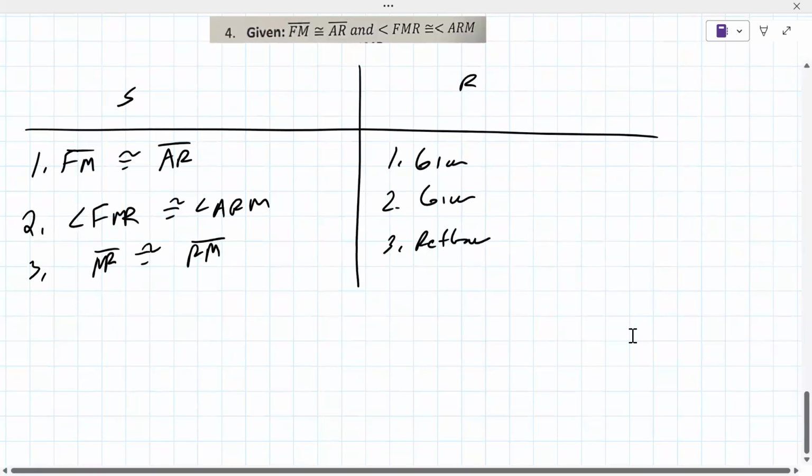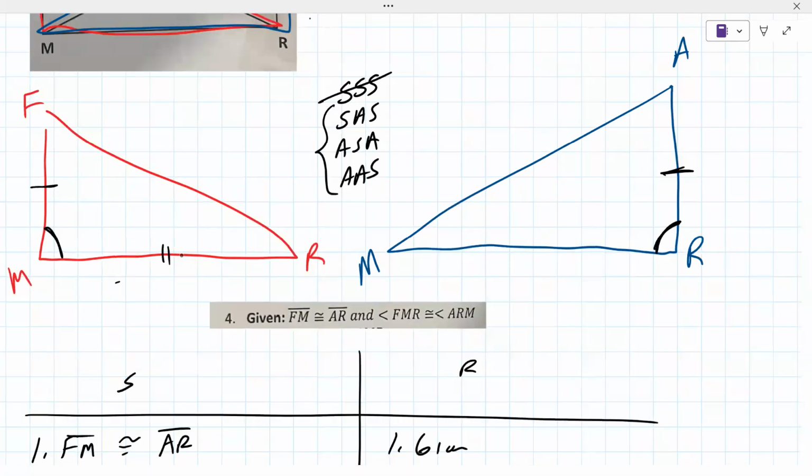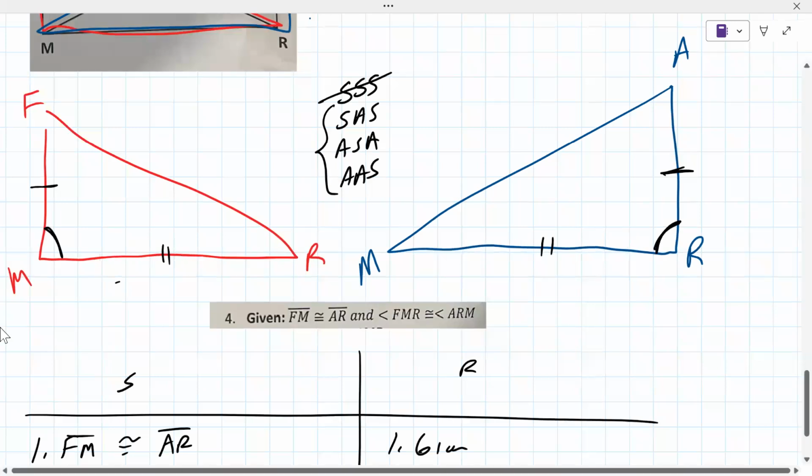Okay. So now, are the triangles congruent? Do we have enough to show that they are congruent? Yes, I think so. I agree. So which one is it? Is it side, angle, side or angle, angle, side? Side, angle, side. Okay, I agree. So now tell me